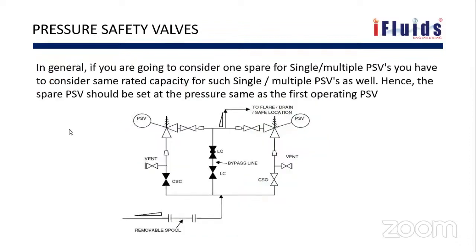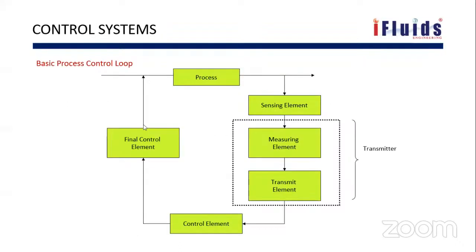So now, we have seen PSVs, we have seen spectacle blinds, we have seen positive isolation. See, these are a few things which are critical for process safety. Now we'll see the control systems. So this is how typical plant control systems work. We are not going to get into how the sensing element or the final control element works. We'll be seeing only the process control systems overview,